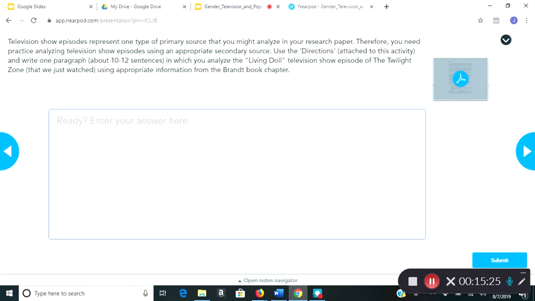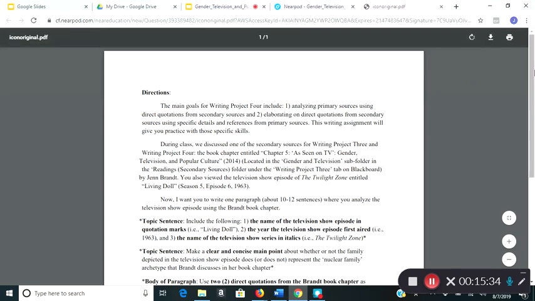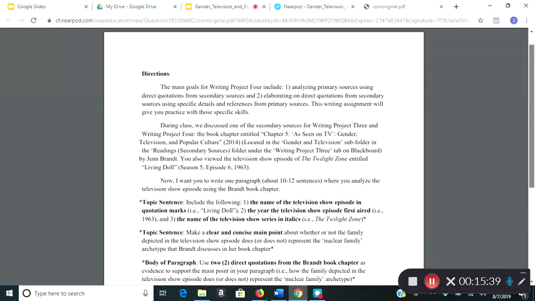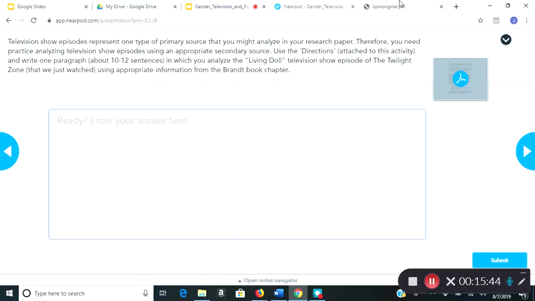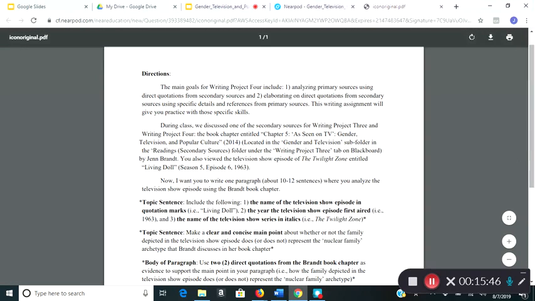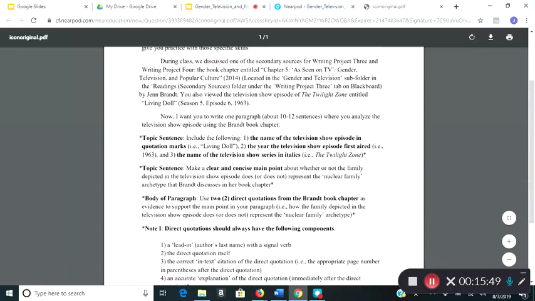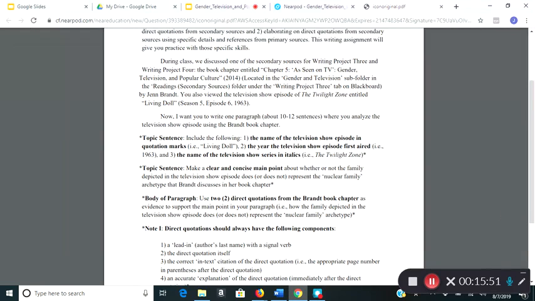So if I click on the PDF here, these are the directions for the assignment. So I always get very specific with the directions. So here I'm repeating what it said over here on the Nearpod, but it's much more specific. I give them information about their topic sentence. A lot of times they need help starting the paragraphs. So I will give them some advice about what to include in the topic sentence, and I do ask them